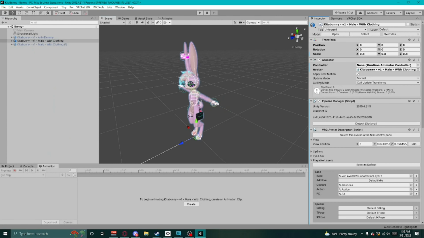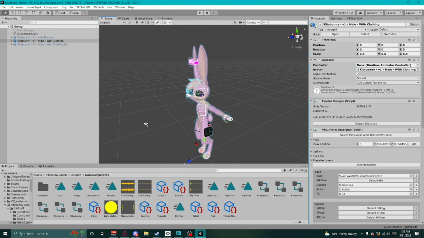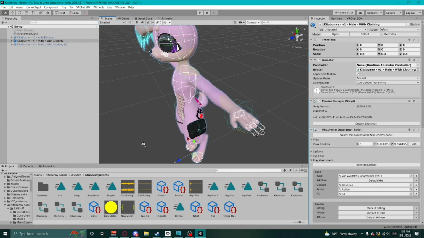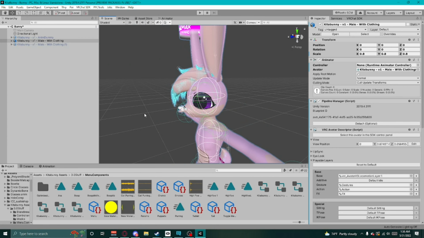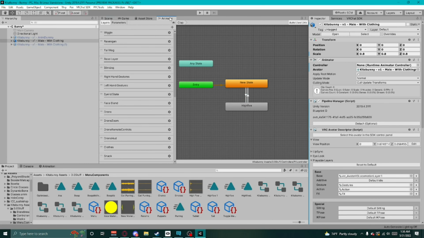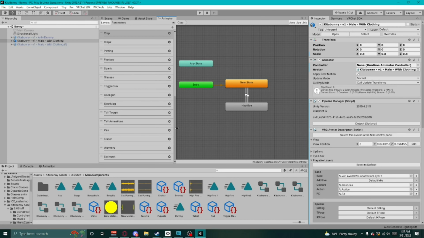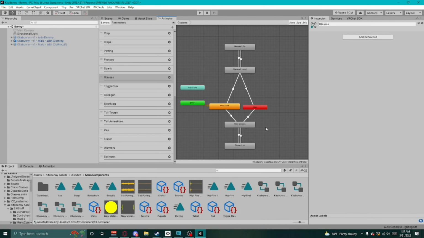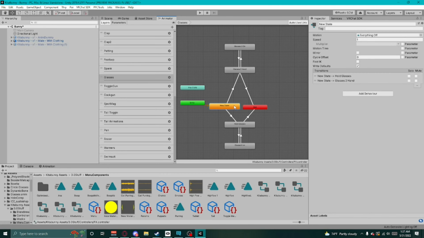Now you can delete that model and go back and make sure you repeat that process for every single animation. You don't have to delete the model every time, but you just have to remember to create a separate animation for each object. So now let's go into our animator and let's go into the glasses. I know this kind of looks intimidating, but this is actually very simple. It'll go from the empty state,